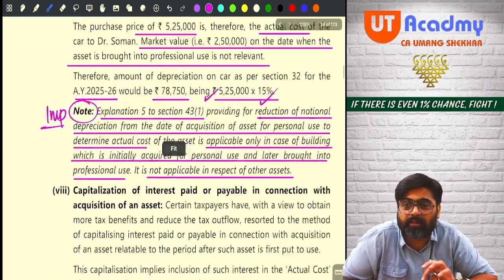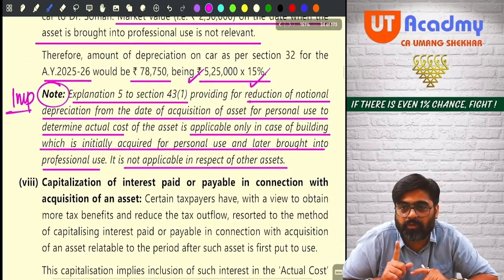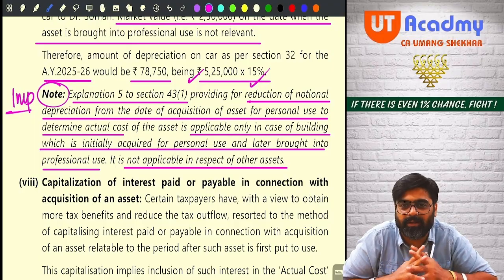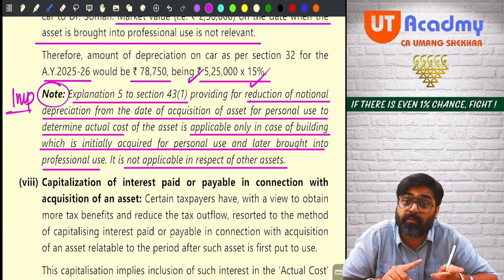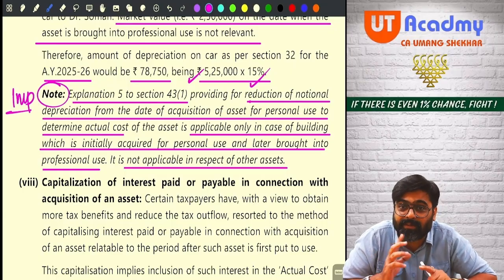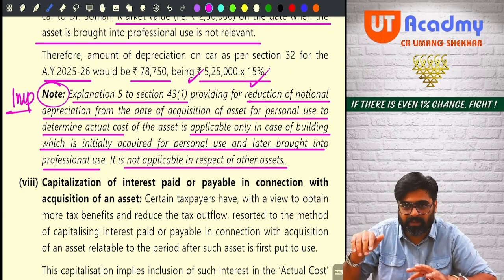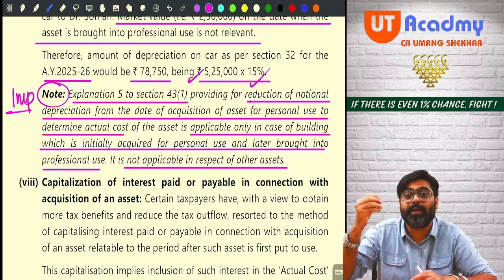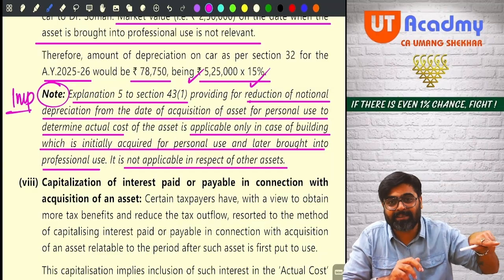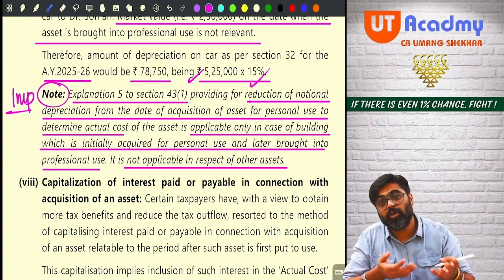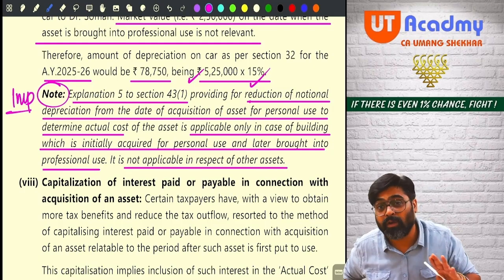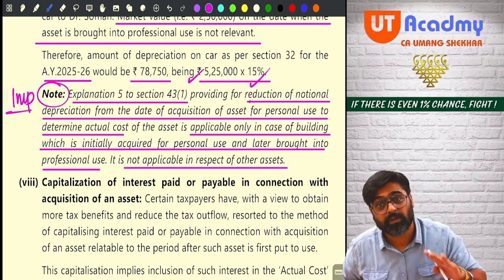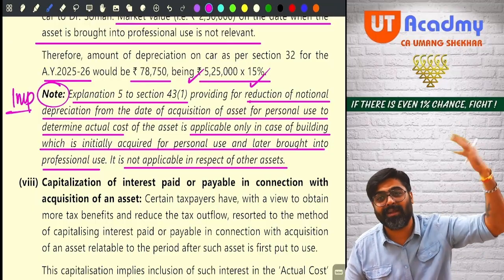But in that answer, read this note too. Read this note. They're talking about that building only, which I've already explained. Got it? This type of question will not come in the exam, don't worry. But this type of question can come as a part of adjustment. Now, in the question, they have given you a block of car, opening WDV and everything is given. Now, in the adjustment, they will tell you, in your business, you are bringing a car in this year. This car is not bought in this year. No. This car was bought in 21-22 for 5,25,000.